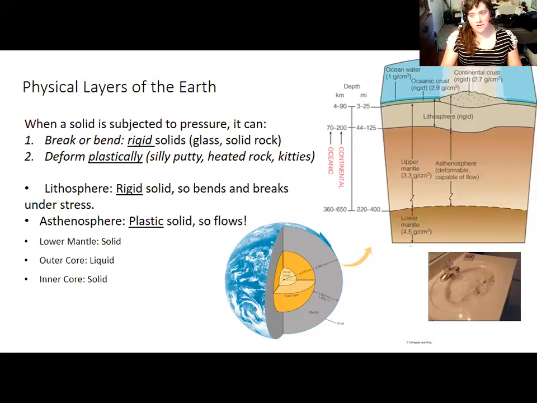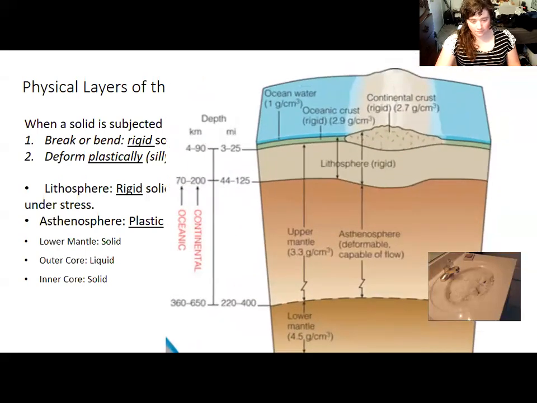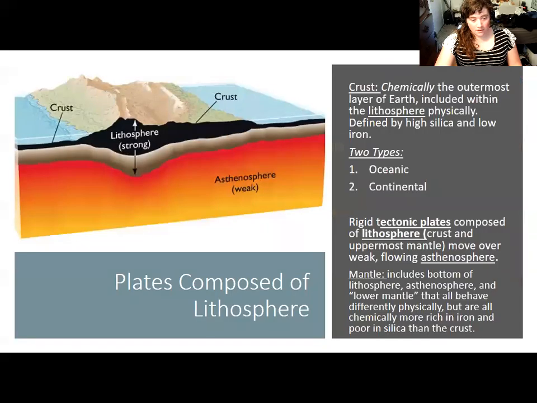Crust and mantle are layers defined in terms of chemistry, not physics. I'm just introducing this to give you a sense of where the plates actually are. The plates are in this upper rigid part, and they kind of flow over the more ductile plastic part. So the lithosphere is kind of like pond scum floating on top,